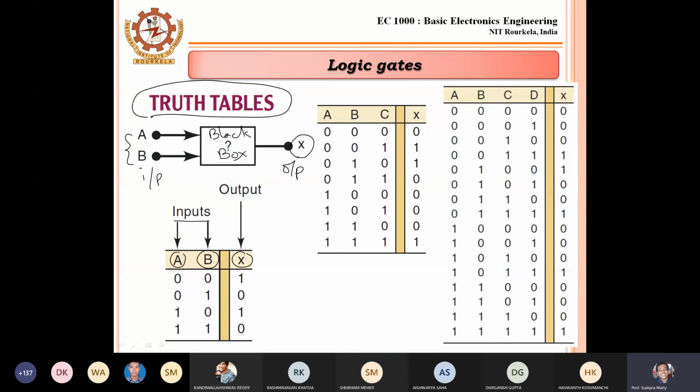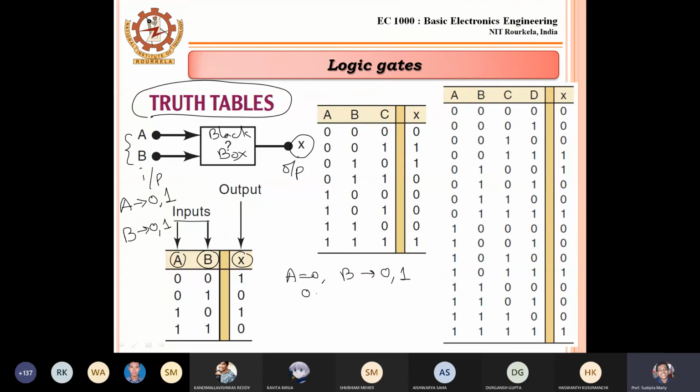Now I am telling A, it is a Boolean variable. So A can take either 0 or 1. B can also take either 0 or 1. If I make a combination, if I use A equal to 0, then B can take either 0 or 1.